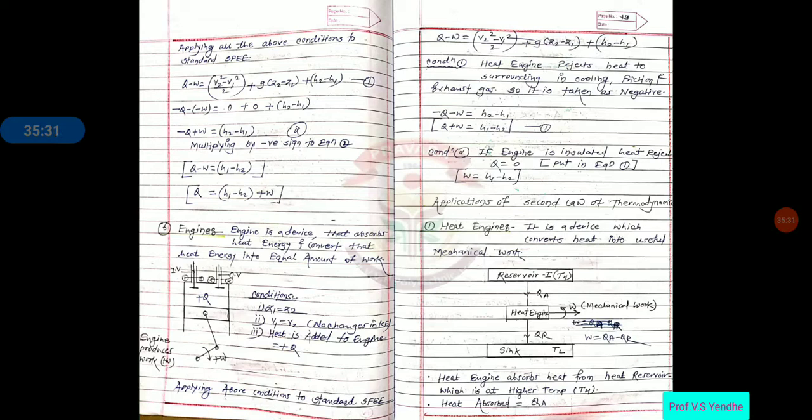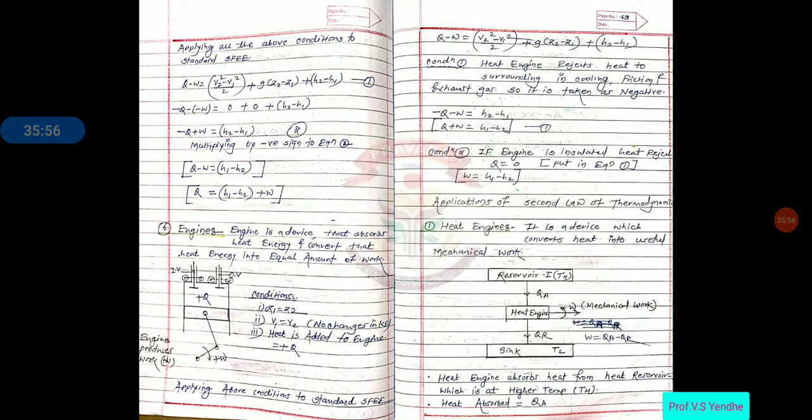So putting all these conditions, and one important condition, that the heat is rejected in the cooling water, in friction, in the exhaust gas, so we will take Q is equal to minus Q, so that minus Q minus W is equal to H2 minus H1, so that Q plus W is equal to H1 minus H2. This is the SFEE for the engine.